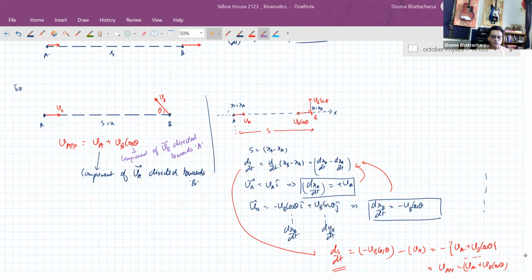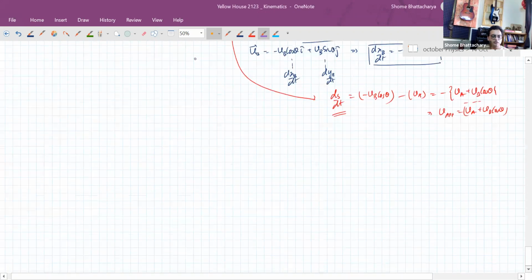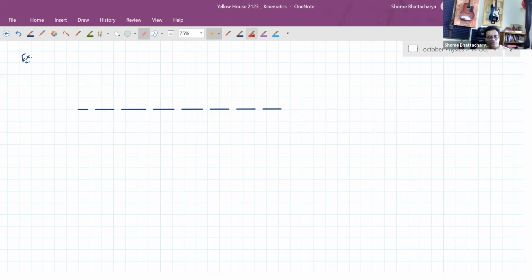Okay, so now let us see how this concept of, actually before that, let's look at a more general case also. Okay, so if, for example, we have a situation like this where